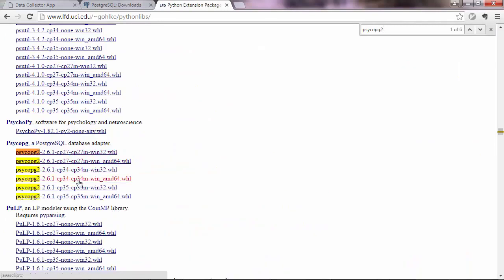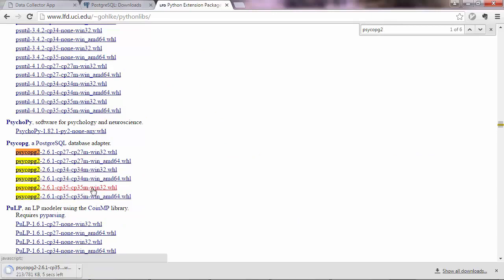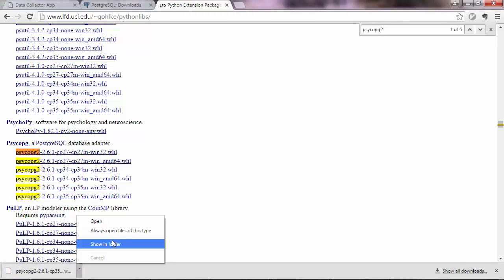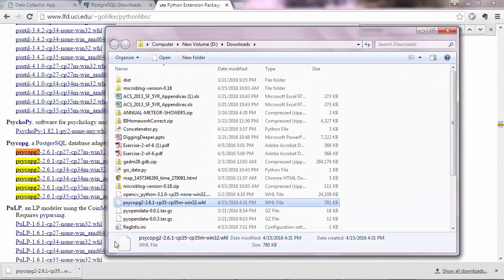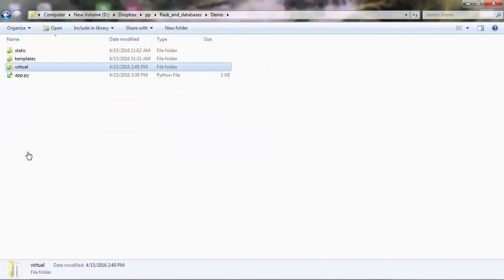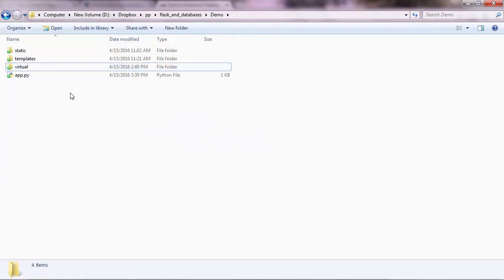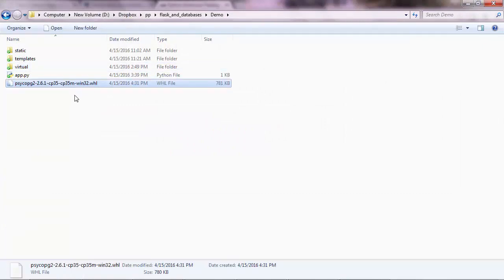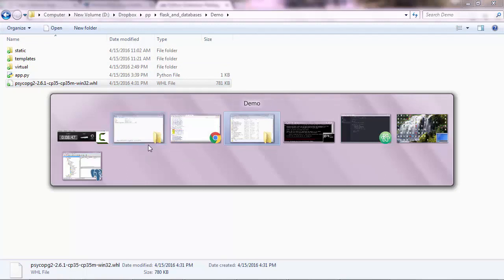Here we go. So I have Python 3.5, so I probably need this here. Sorry if you are on a Mac and Linux, so bear with me here. If you are on Windows, you may be interested in this. So I'll go now to my app folder and I'll just put this file in here, go to the terminal